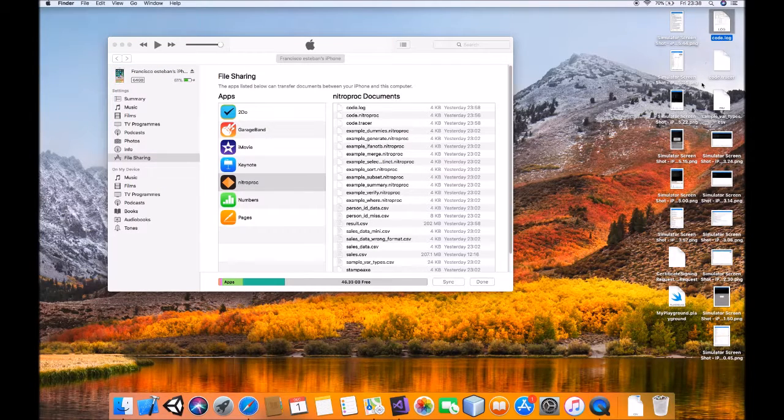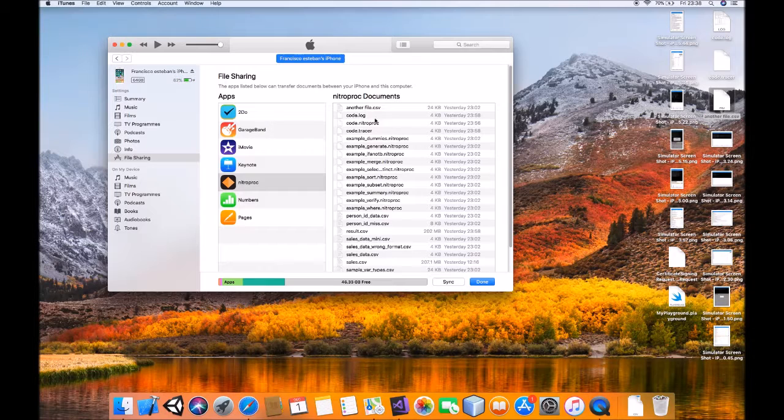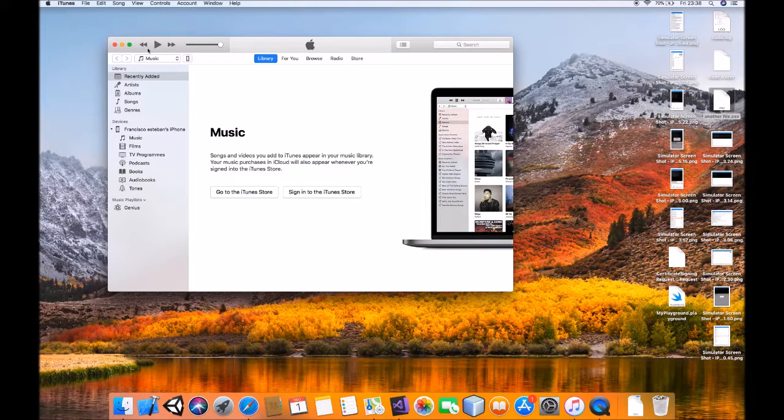In this case I will just transfer some data from the phone into my computer. It's as simple as that. And then I will do something else. Let's imagine I rename this file. So let's change this to some other name, and I will load it back to my phone. So I load this, and I have more data that I can code, or I can do whatever I want with nitroproc. So it's very simple to move data